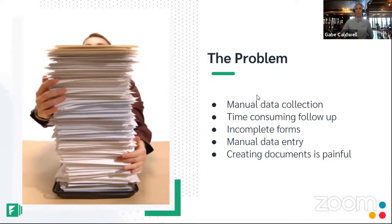The problem that we solve is really two things. It's getting data into your system of record, like Jetpack Workflow, and then taking that data, generating documents, and getting those documents signed. The manual data collection process for you today might be a ton of phone calls and a ton of emails. That's a lot of time you're spending to get that information, and then once you get it, you have to manually enter it into Jetpack Workflow. With our Forms product, as we'll see in a second, we're going to help you automate and streamline that process so it decreases follow-up and your time, and automates getting that data into the system of record that you love,